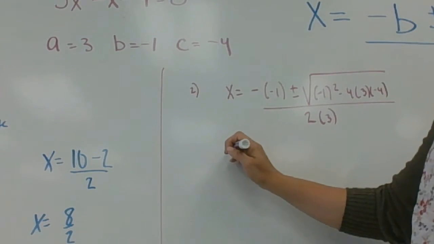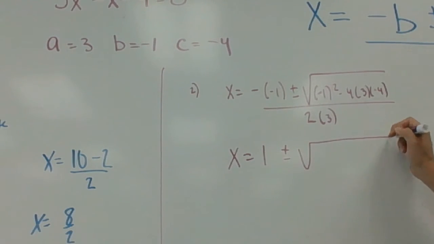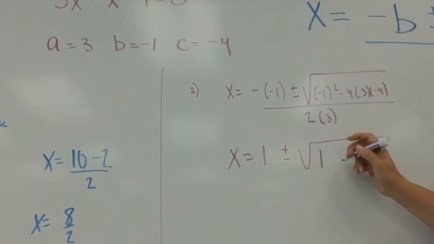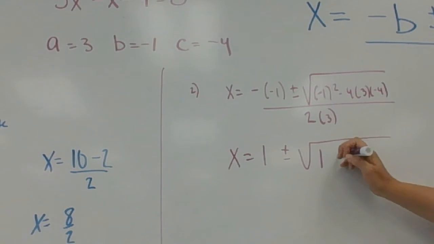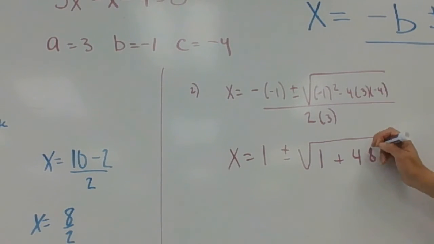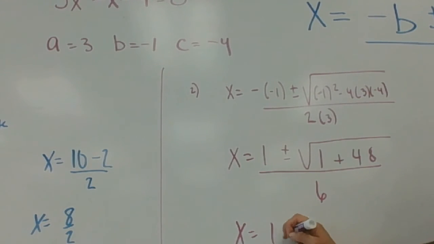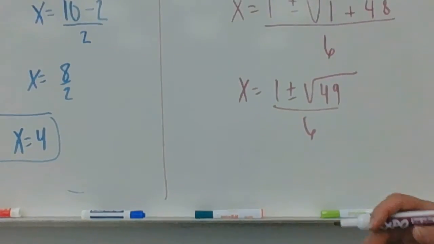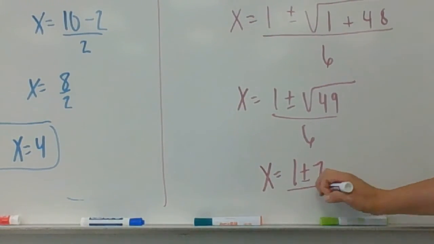Okay, so we got number 2, x is 2 negatives make a positive, positive 1. Negative 1 squared is positive. 4 times 3 is 12. Times 4 is 48. A negative times a negative will make this 1 plus 48, all over 6. So this is the square root of 49, which is good. That's a perfect square. The square root of 49 is 7, so I have 1 plus or minus 7